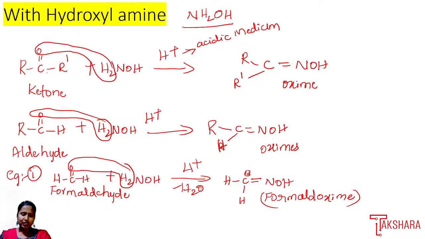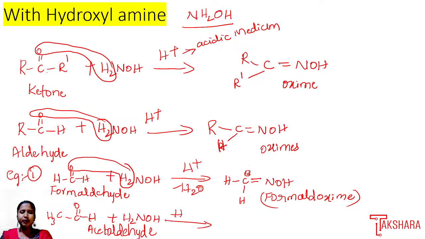With hydroxylamine. So now, one more example we'll consider. In place of the hydrogen atom, let us consider CH3, CH3-C double bond O-H, which is called acetaldehyde. CH3CHO is what? Acetaldehyde. When acetaldehyde undergoes the reaction with hydroxylamine, NH2OH, in the presence of